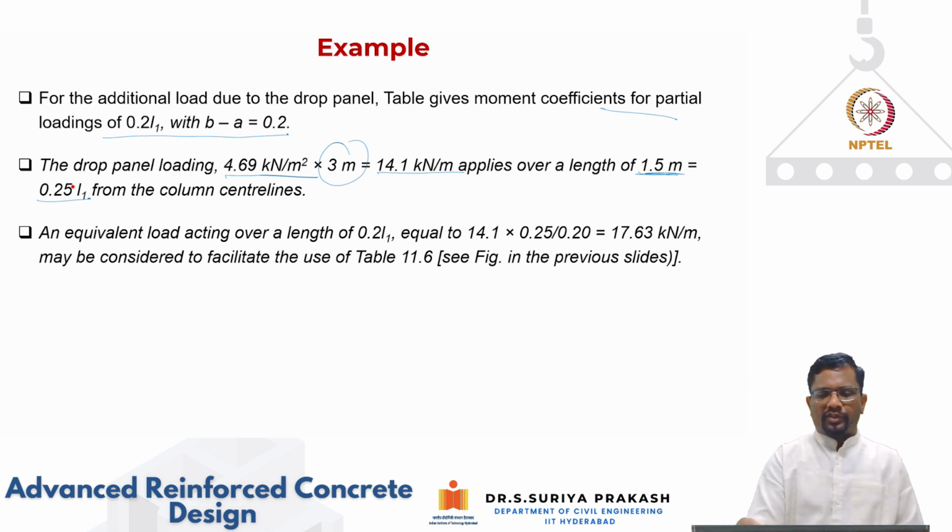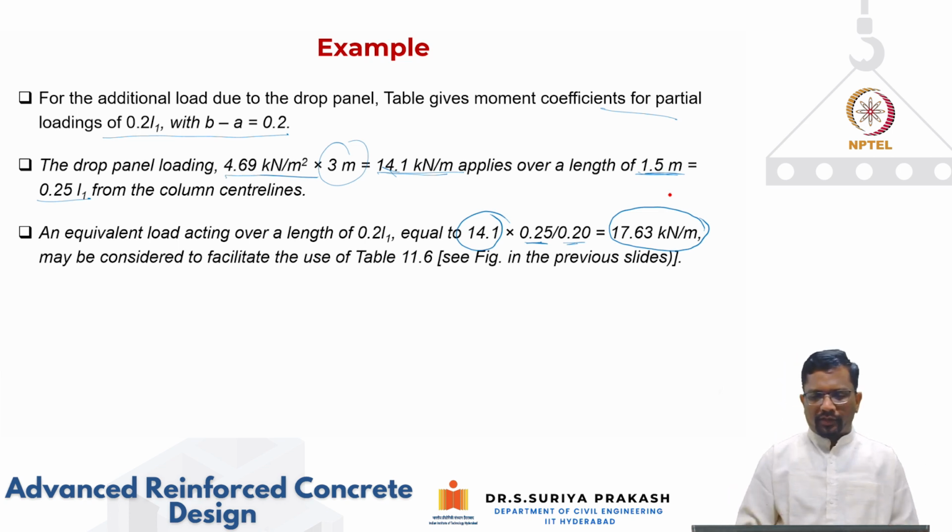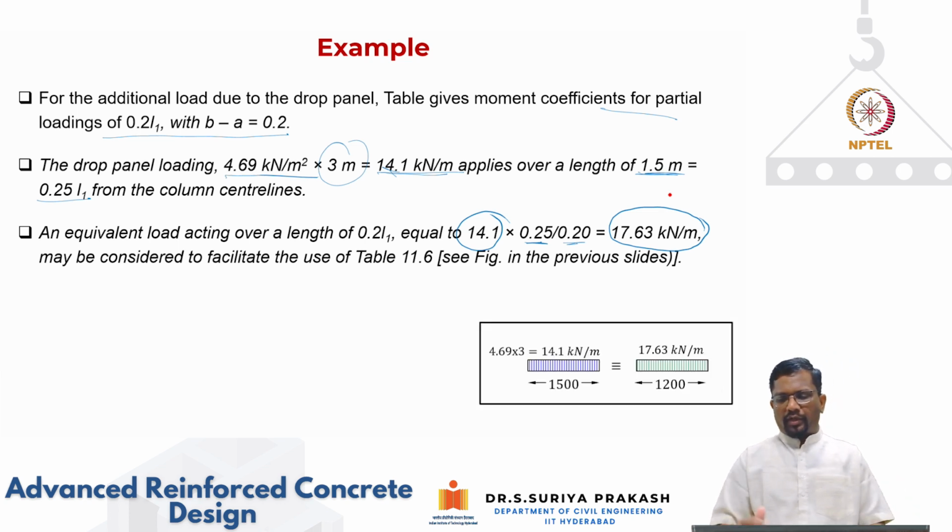So I'm going to just amplify this 14.4 to act over a distance of only 0.2 L1. So what I do, I multiply 14.1 by 0.25 by 0.2. So the equivalent load for a shorter dimension over which it is acting is 17.63 kilonewton per meter. So we can go ahead and use this table, see the figure in this table. If you go ahead and look at these values, it is basically